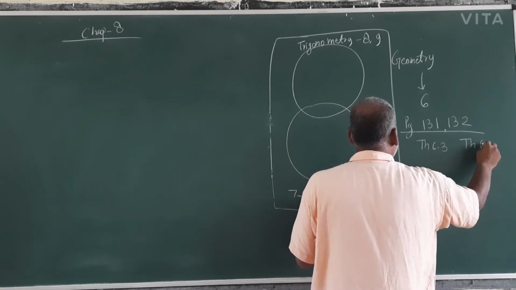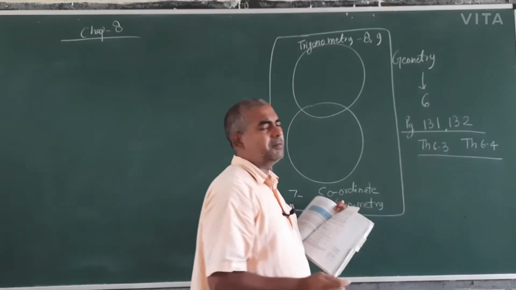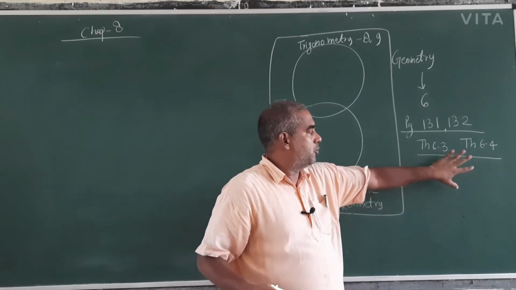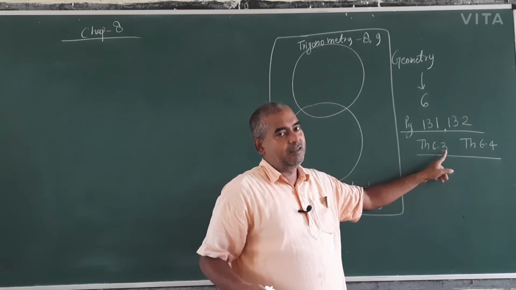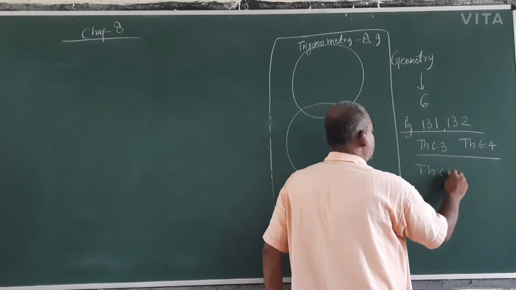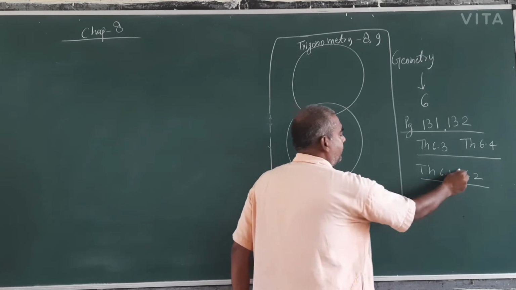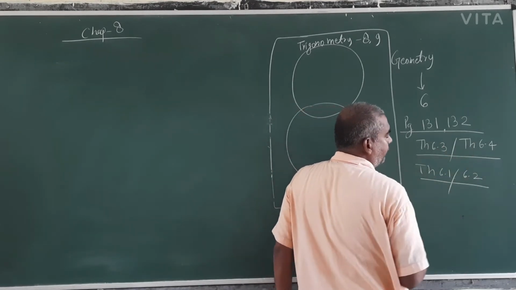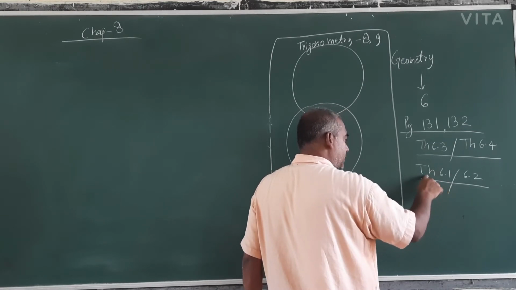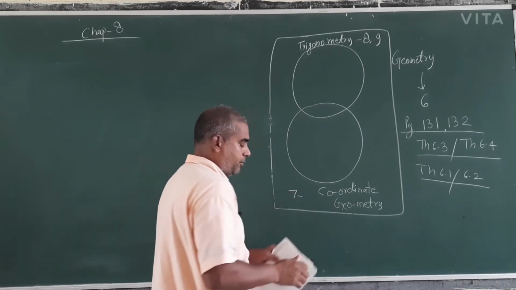6.3, theorem 6.4. Actually 6.1 and 6.2 also, both are the same, because with the help of 6.1 and 6.2, 6.3 is proved. 6.1 and 6.2 are mutually inverse of each other, and these are also 3 and 4. With the help of 6.1, this is the foundation; with the help of this, 6.3 is proved. Okay. And in coordinate geometry, what I have told, page number,